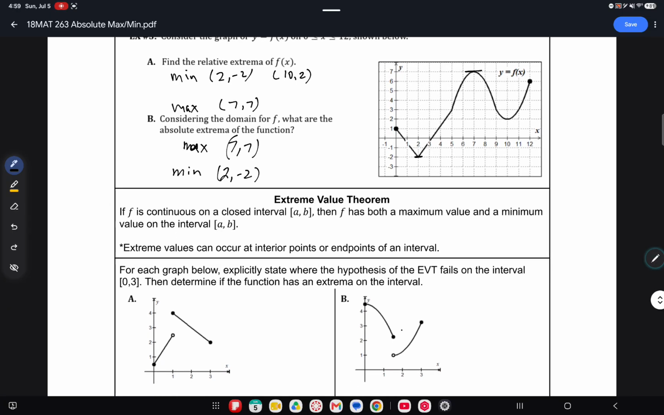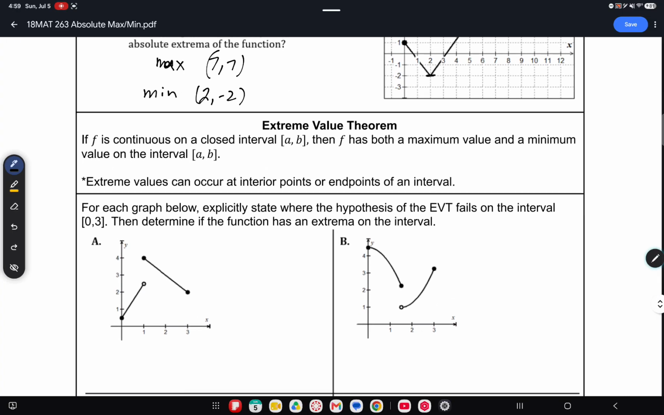So we have something called the extreme value theorem, which is cool in a way if we know a function's continuous. So if a function's continuous on a closed interval a to b, then the function has both a maximum value and a minimum value. Because if it's continuous everywhere, then there's going to be a highest point and a lowest point. And then this is also where we check the